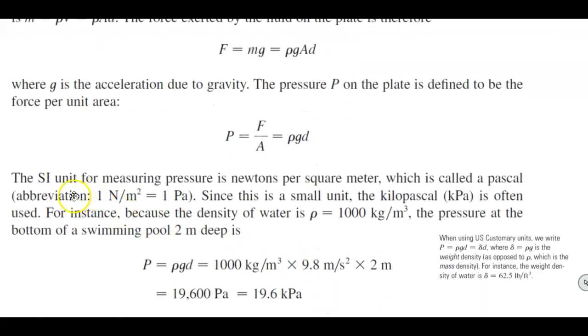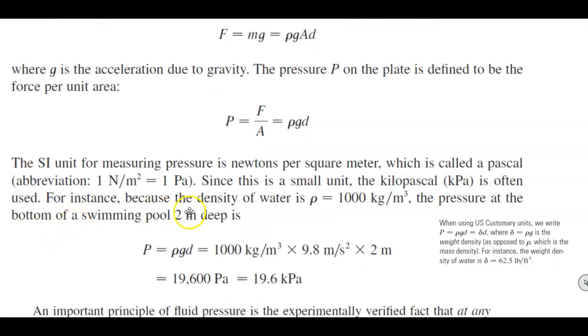Now the SI unit for measuring pressure is newtons per square meter, which is called a Pascal. An abbreviation is 1 Newton per meter squared is equal to 1 Pascal. Since this is a small unit, the kilopascal is often used. So for instance, because the density of water is rho, which is equal to 1,000 kilograms per cubic meter,